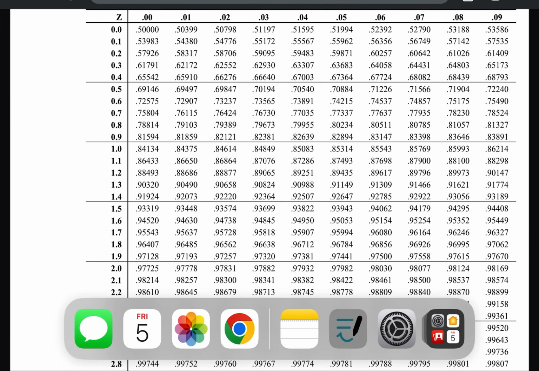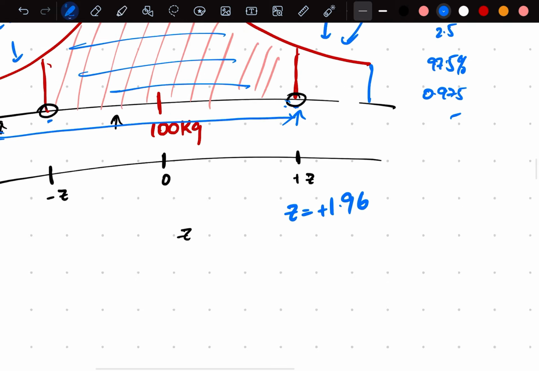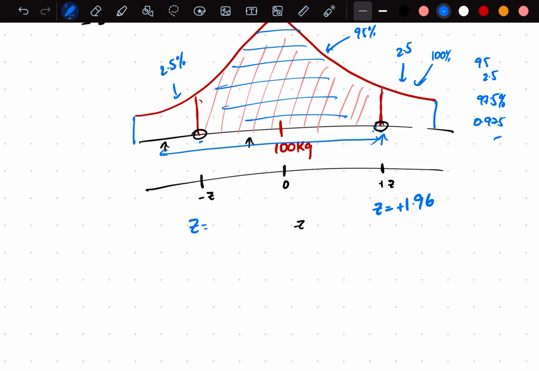Sorry guys, there has been a little bit of disturbance. So 1.96, so z value will be plus 1.96 over here, and the other one is z is equal to minus